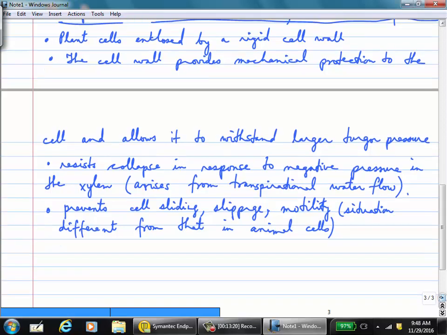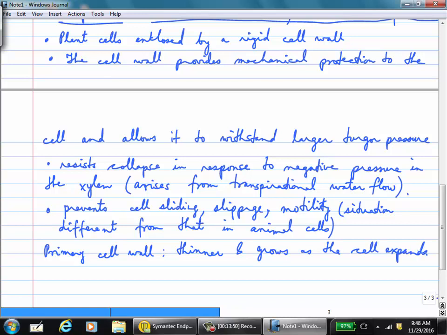Now, in the case of plant cells, you have two kinds of cell walls, and I've talked about this before, but I'm going to repeat it again. So you have something called the primary cell wall, which is basically laid out as the cell grows in size, right? So it has to be thinner and kind of expansible. So it's thinner, and this grows as the cell expands,